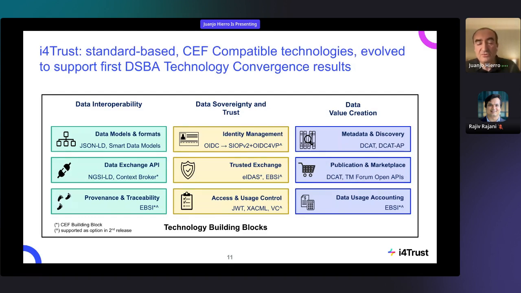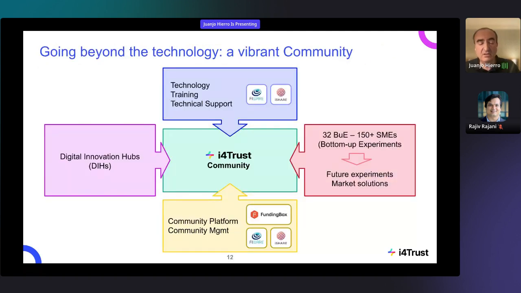Here is a short summary of them in a nutshell, but I will not develop or elaborate on them right now because we will be going into the details in the following slides. We do not provide just technology in i4Trust. We are setting up a vibrant community, and to ignite this community, we are involving a number of experiments that